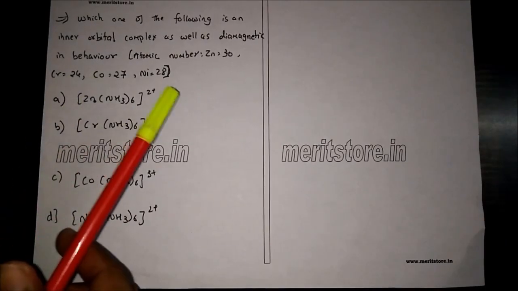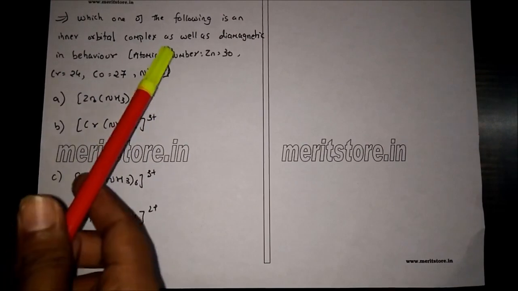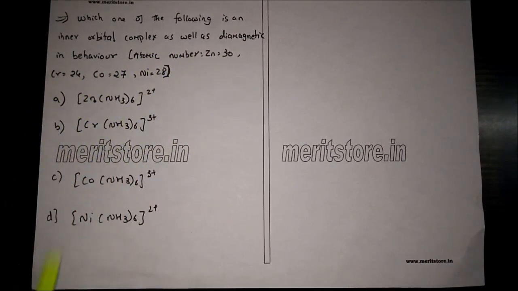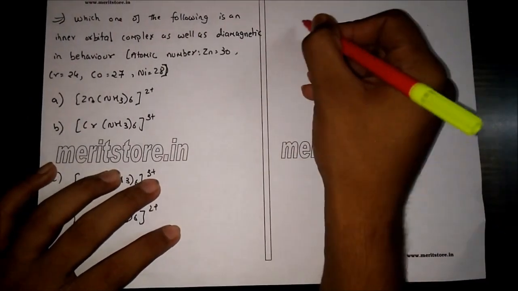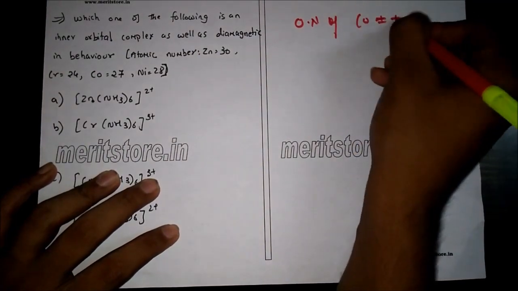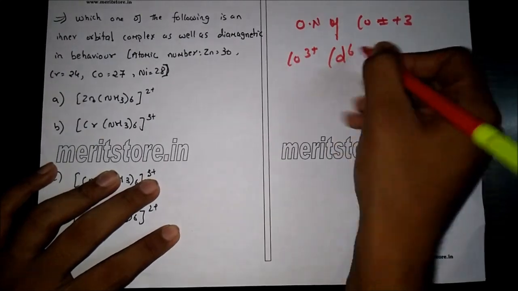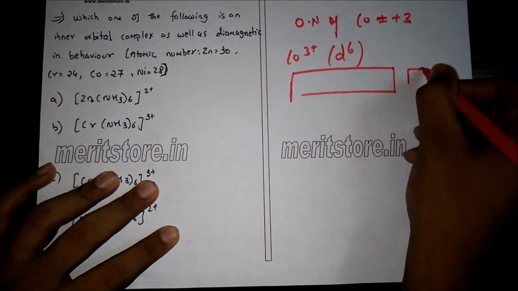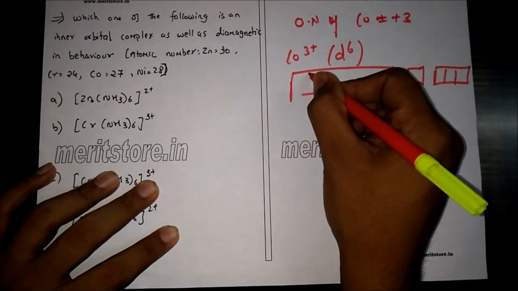Which of the following is an inner orbital complex as well as diamagnetic in behavior? Here, the atomic numbers of Zn, Cr, Co, and nickel are given. Here are the different options. Now, apart from the options, we know that the oxidation number of cobalt is equal to plus 3. Therefore, cobalt forms an inner orbital complex, in which the 4s and 4p are all absent. Now here,